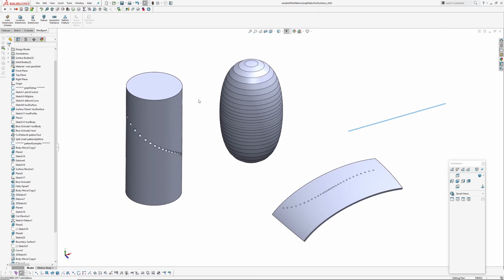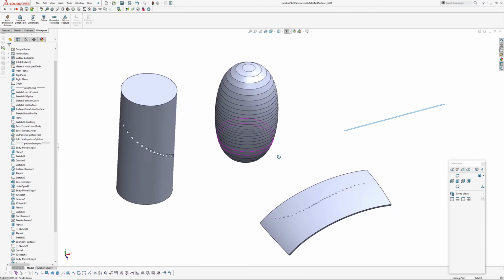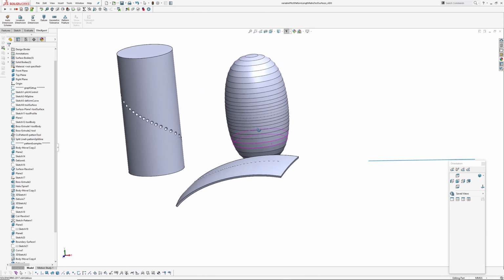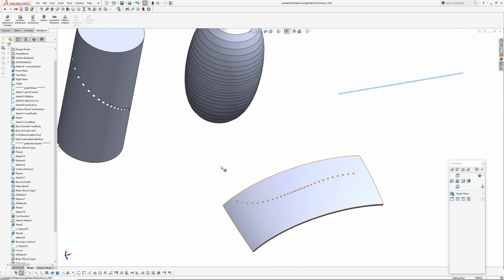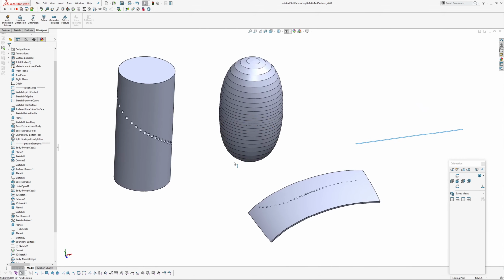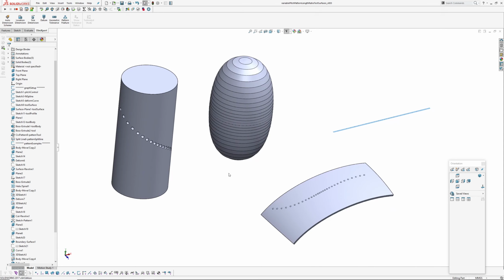I've got another video here, third in a series looking at my exploration of variable pitch patterns in Solidworks. The first two were the first bit of exploration, trying to use a graph or a sketch to control the pitch of patterns, similar to functions found in some other CAD software. And I think I've actually found a technique for